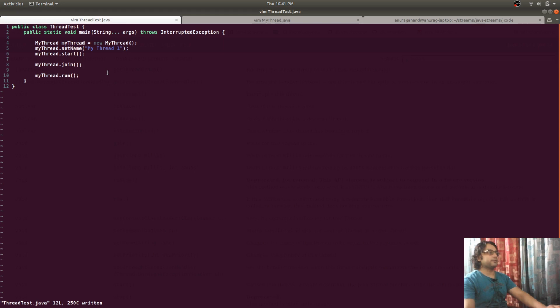What happens if we call this function on our main thread? Get rid of this. Thread.currentThread, that is our main thread, dot join. I will say 2 seconds.